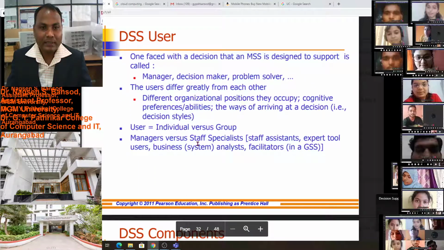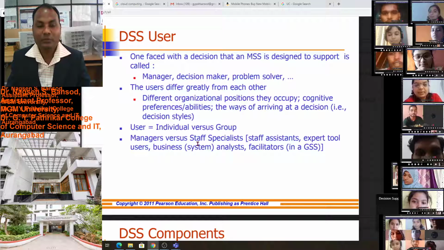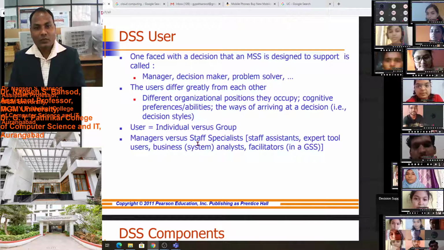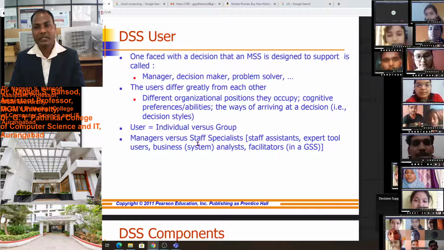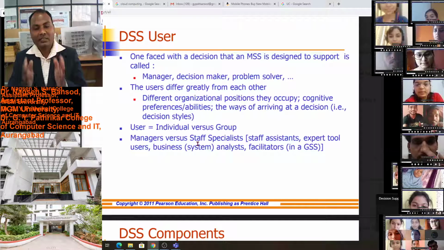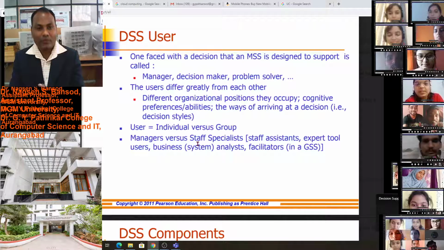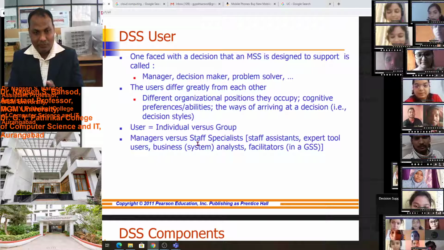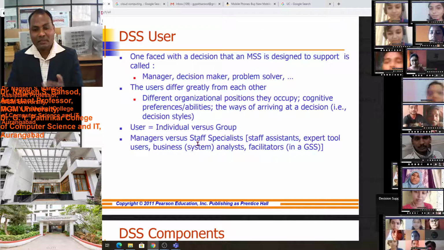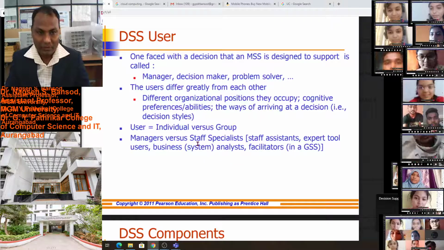Then we will see the decision support system users. When faced with a decision, the management support system is designed to support the manager, decision maker, problem solver. Decision support system helps the manager, decision maker, problem solver.